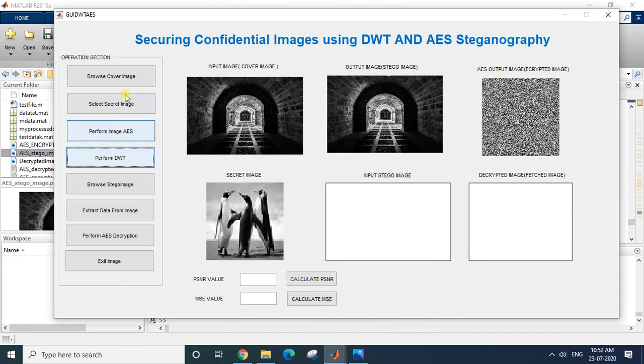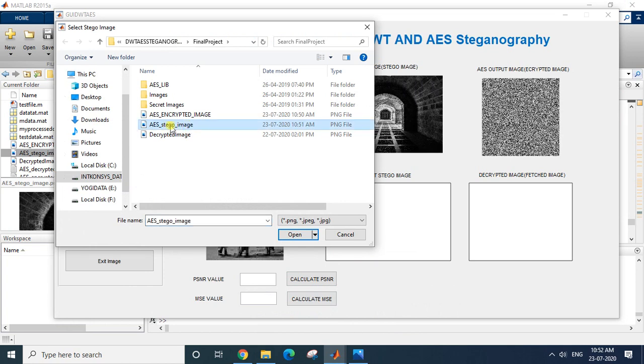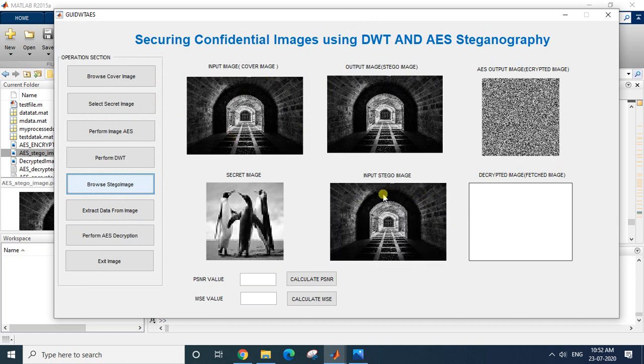Now till now whatever we have done is the encryption part. Now let's go with the decryption part. So in the decryption section, it will ask us to browse the Stigo image. This was the image which was just now created. So I'll select the Stigo image in which we have the hidden data.